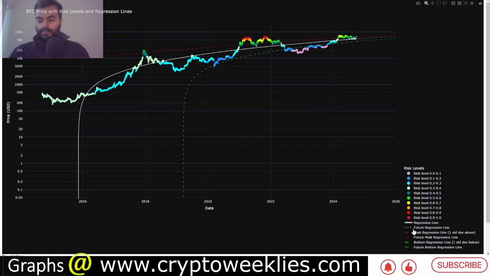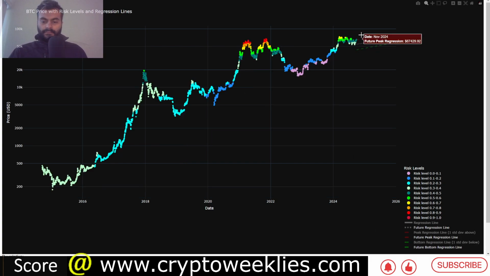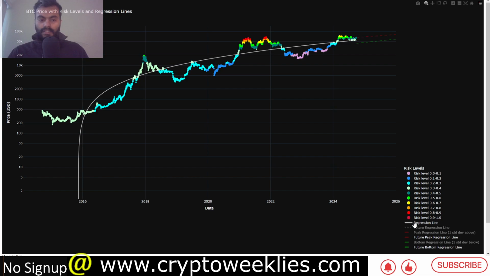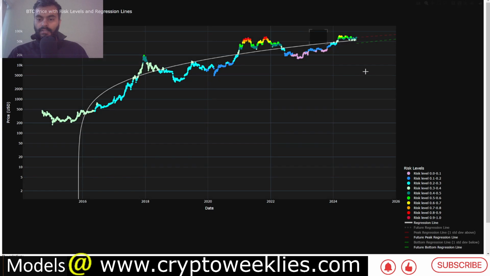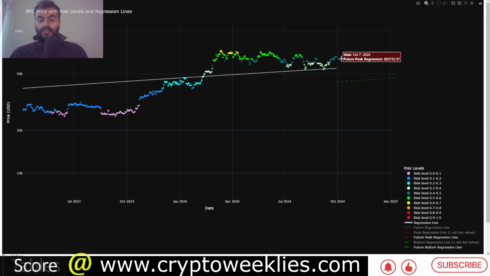In terms of the dollar cost average model, this considers one market cycle based on the relationship between the price and the proportional distance between the price and the regression line. So if we focus our attention on what is currently available for this analysis, the price is close to the regression line. Over here, the regression line gets quite extended, so I'll zoom this chart a little to get the gist. The regression based fair value for BTC per this analysis is at around 54k, and this is again one market cycle at a time.